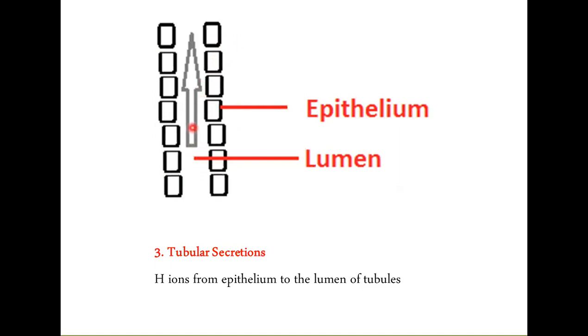And this arrow shows glomerulus filtrate. When the glomerulus filtrate is moving in the renal tubule, the lumen of the renal tubule,